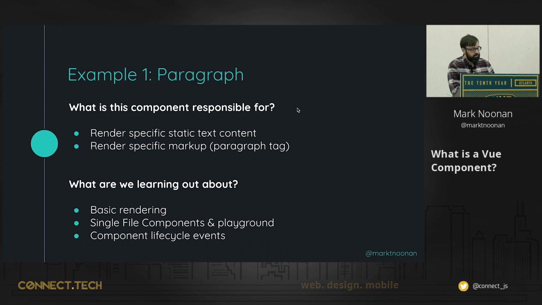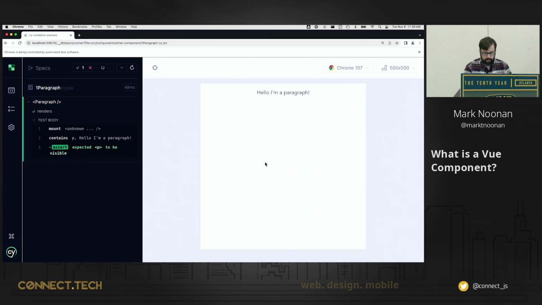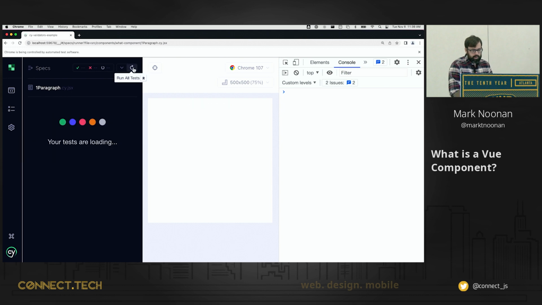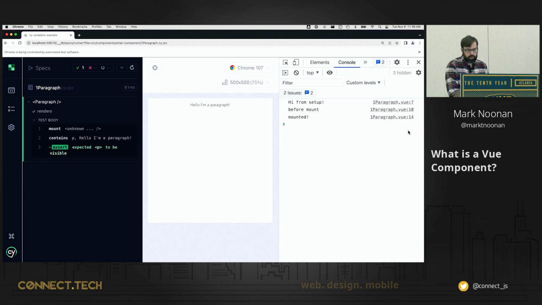And so we're going to learn about the basic rendering of a component. I'm going to look at the single file component playground that Vue provides, so we can see just a little bit behind the curtain that a Vue component is not magic. The single file component format is compiled into regular JavaScript that's doing some stuff that's Vue internals. And we're going to look at the initial component lifecycle events that fire when you have a simple component like this. So we have a few things in here. Let me restart this test. In the console, we'll start with the